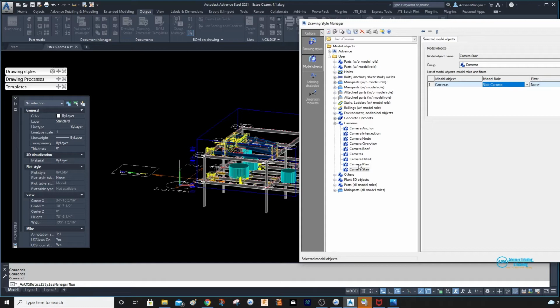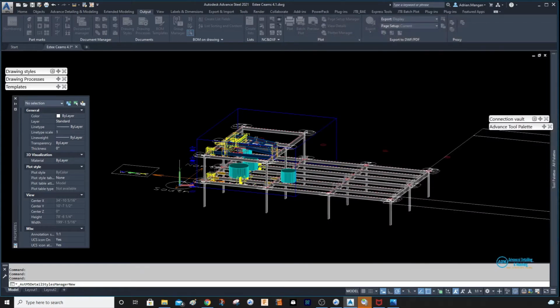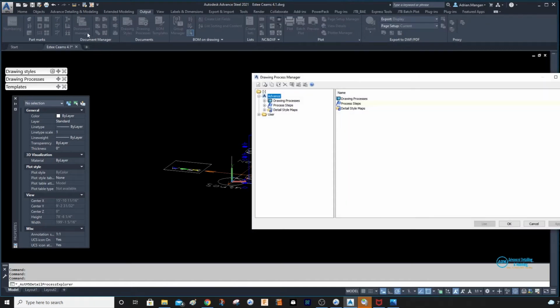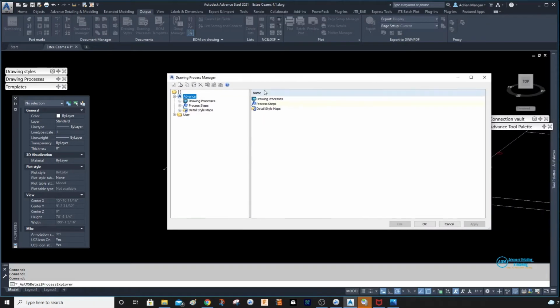sorry, I'm yawning. The first 4, I'm boring myself. The first 4 lead to the last one, and there's more work in the last one. So the model objects are done. So basically what we want to do is come into our drawing process, right? I don't really have any notes here, so I'm just kind of going off feel per se. So we want to go into the drawing process, the cameras,